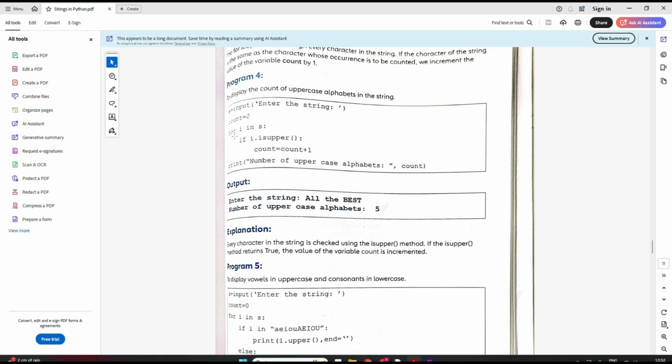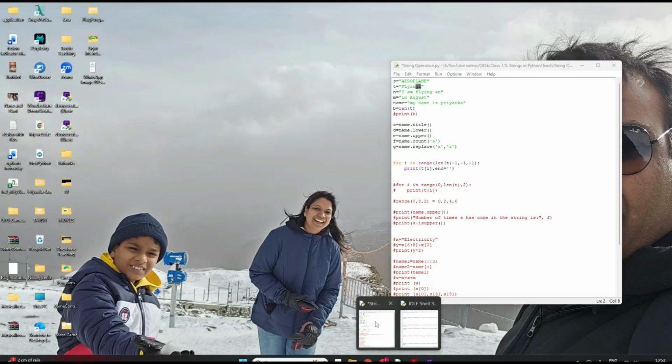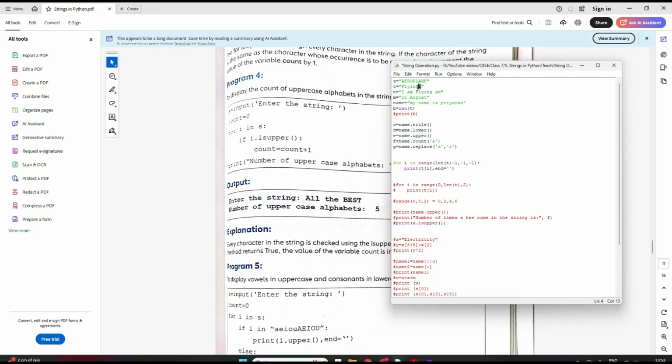So here, for I in S means, suppose I have entered, let's go with this flying only, and maybe this is also capital, suppose N. So just think the user has entered this string.